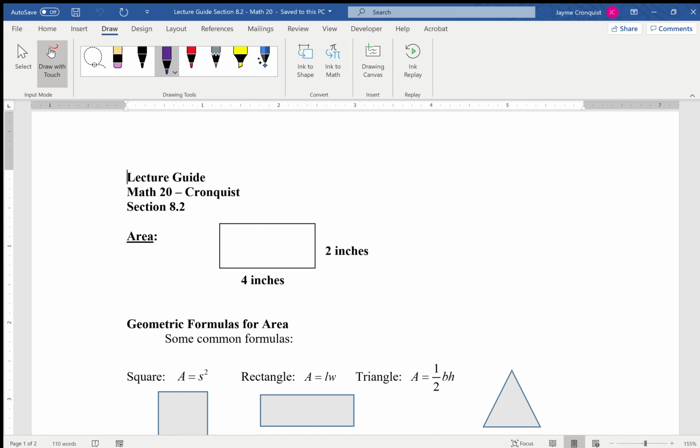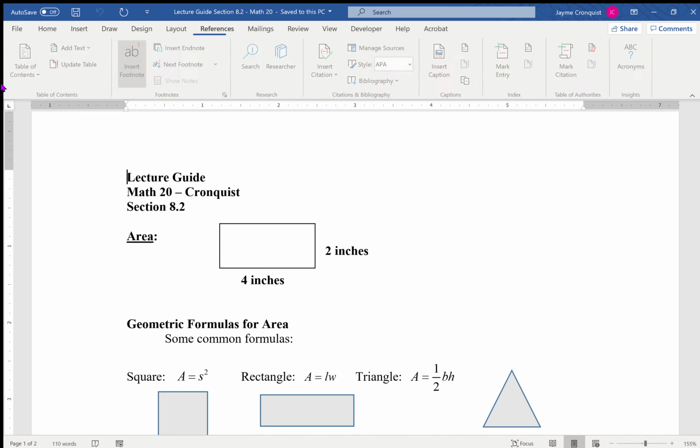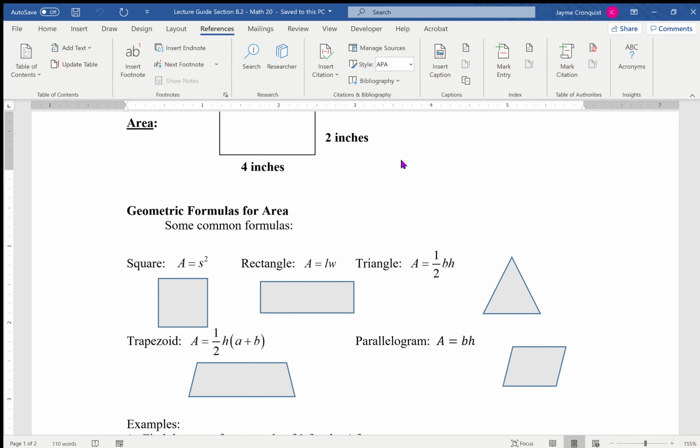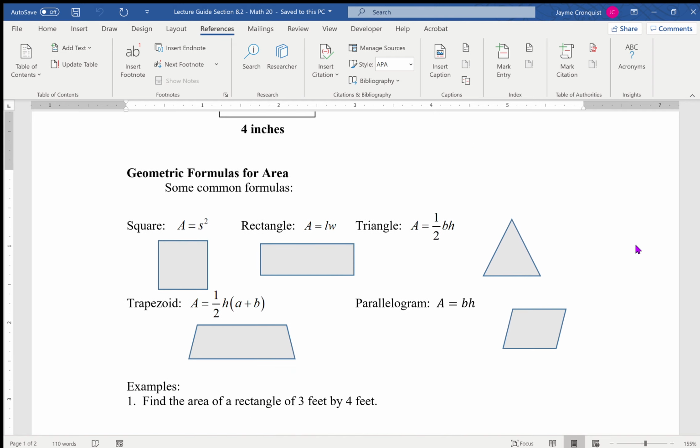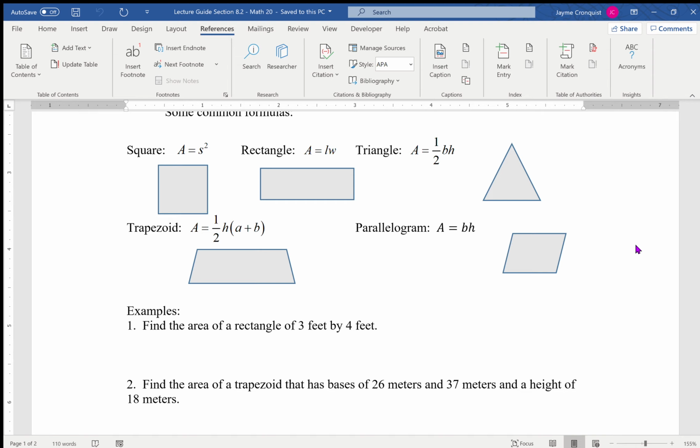Okay, welcome back. We are working on the lecture guide for 8.2. Okay, so area, the geometric formulas for area. If you look on the back of your schedule, you have a whole bunch of formulas you'll be able to